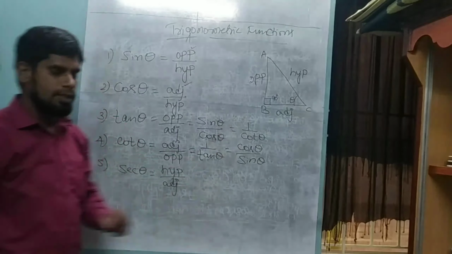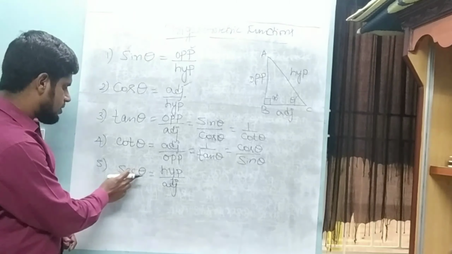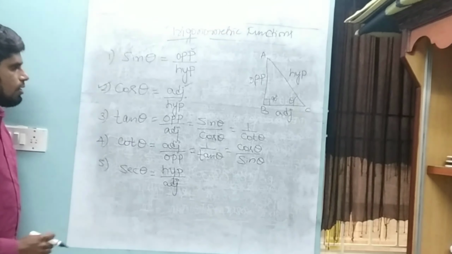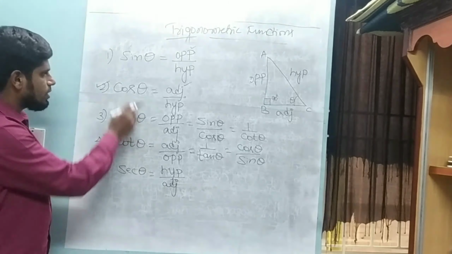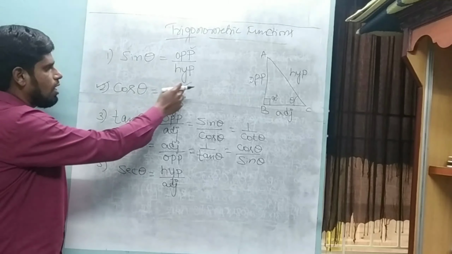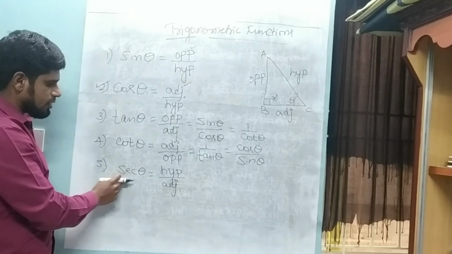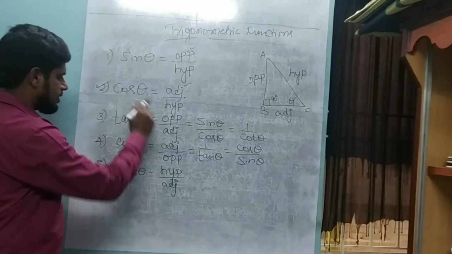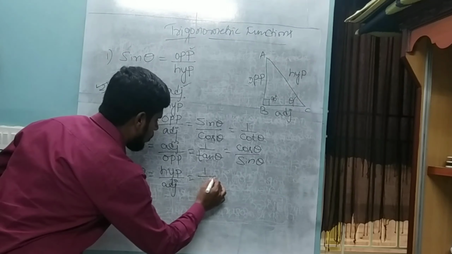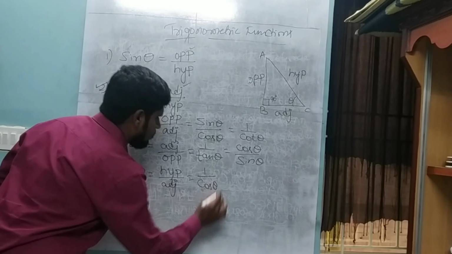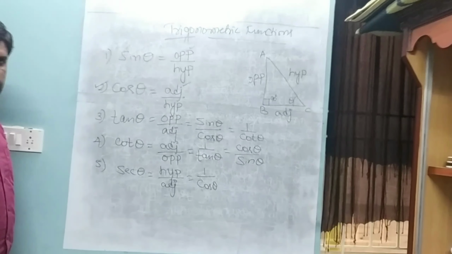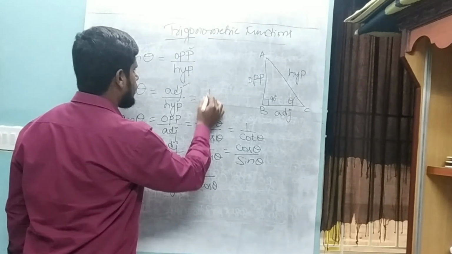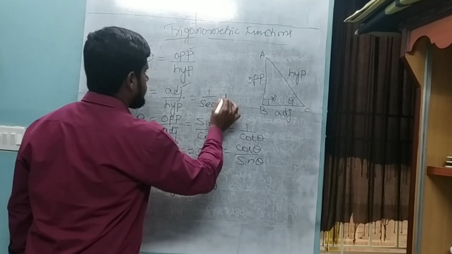Student, if I compare this definition with the second definition, that is cos theta, I can say that secant is the reciprocal of cos, because what is cos? Base by hypotenuse, and secant is hypotenuse by base. So with the help of cos theta, secant can be written as 1 by cos theta. Secant theta can also be written as 1 by cos, and again with the help of secant theta, cos theta can be defined as 1 by secant theta.